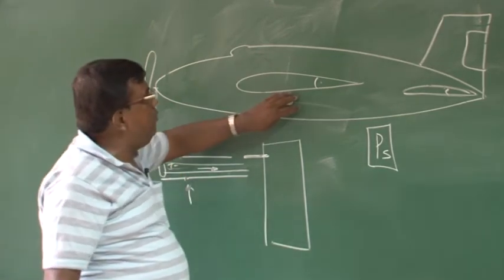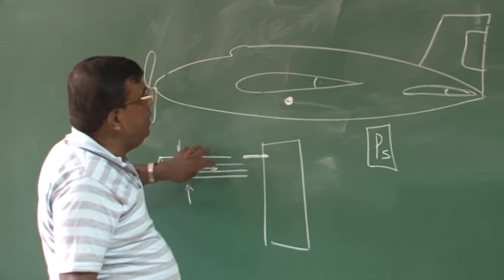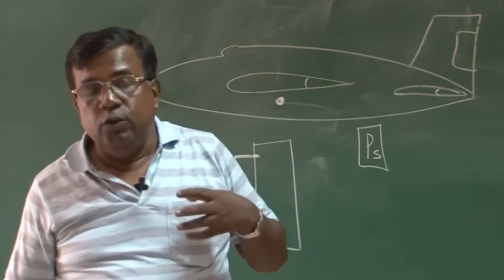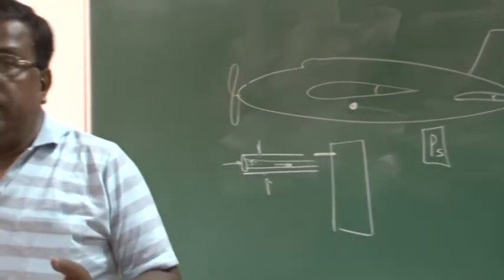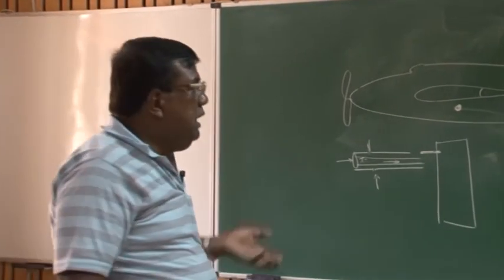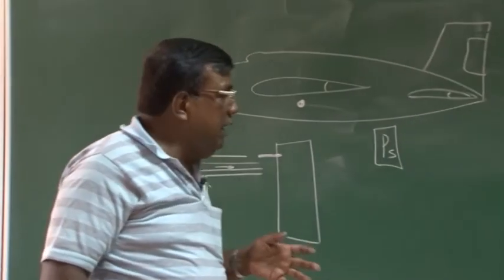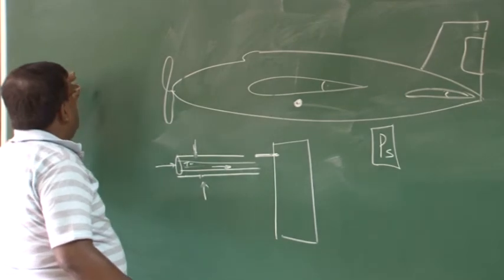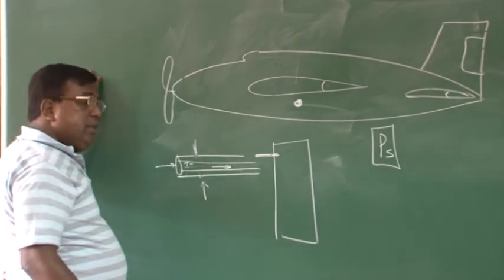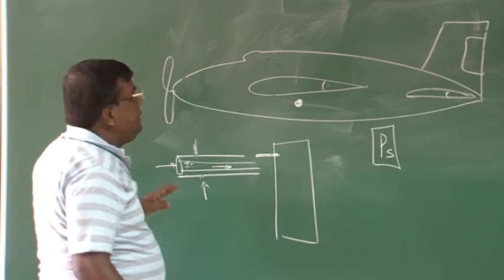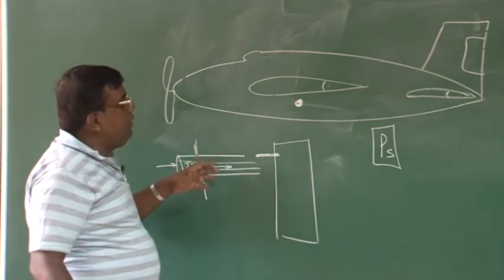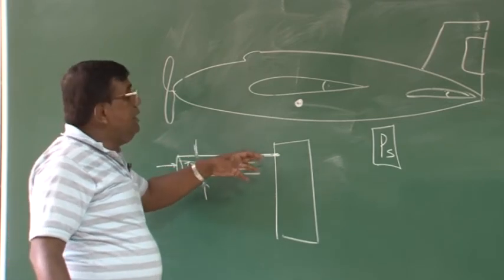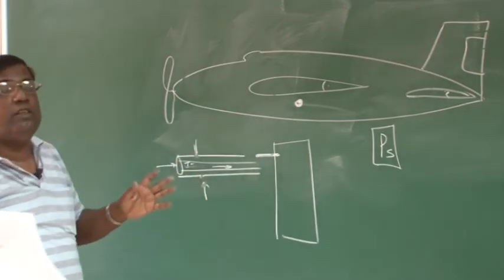Depending upon where you have put these things, here or somewhere here, because of this position, you will find some wrong measurements are coming, right? So they are calibrated in a tunnel to find out what is that point where you get exactly what you are supposed to get. Or the other way, you have no other option to put it at some particular point because of other considerations, then you calibrate this through a wind tunnel or other measurements.